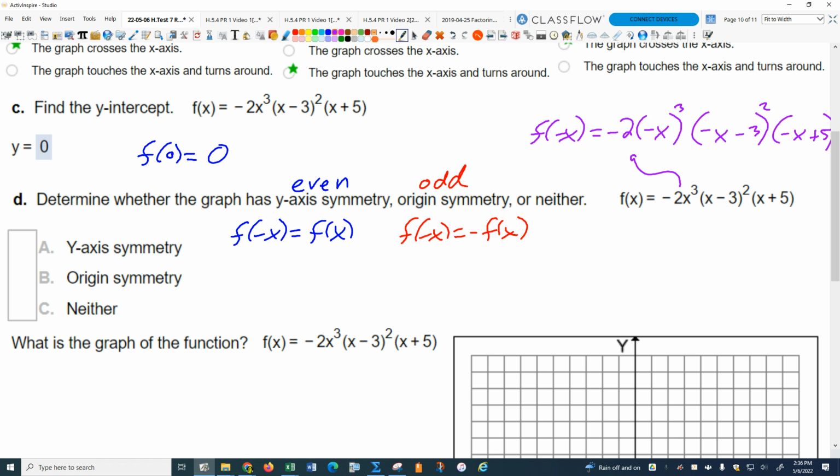Okay? All right, so what do you think? What could I do here? I mean, I don't really feel like multiplying that whole thing out. That's a lot of work, isn't it? Right? Could we make a prediction, though? If I were going to multiply this whole thing out,